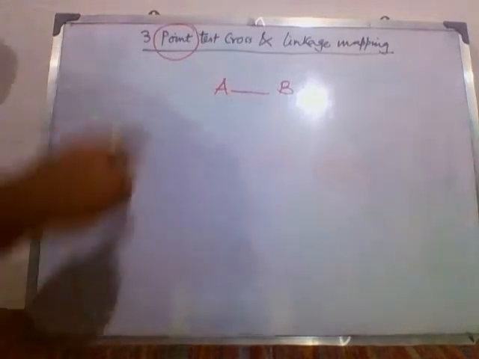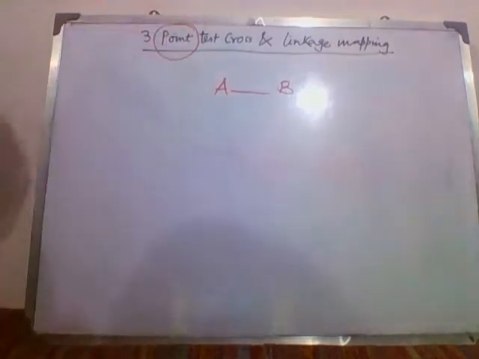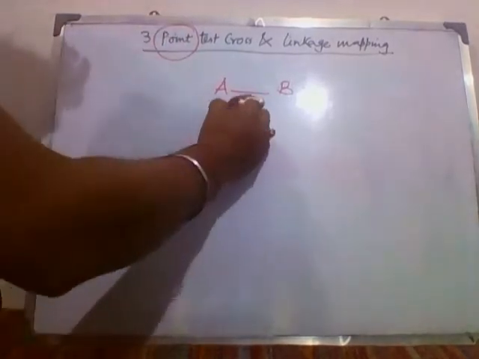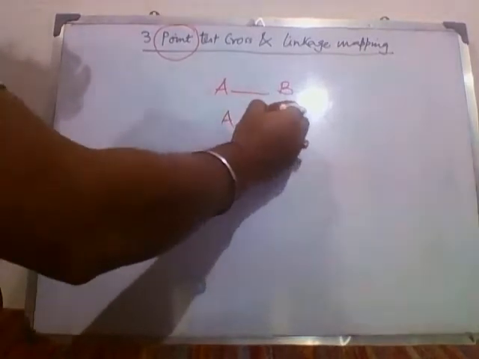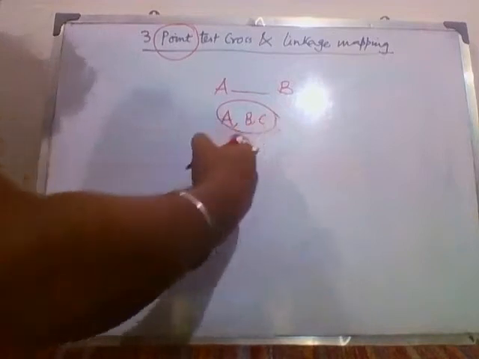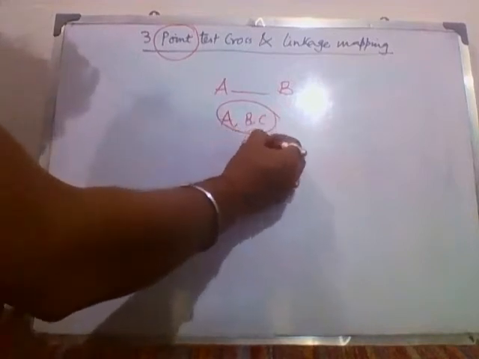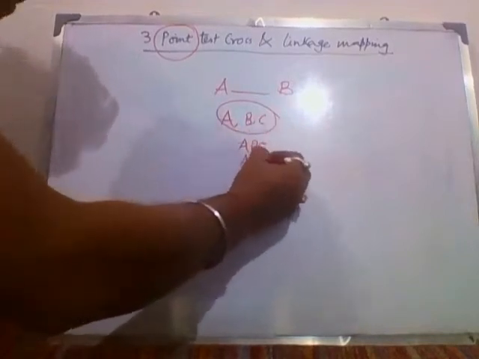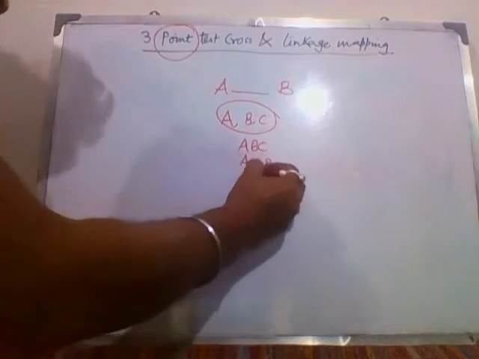But if you want to really map something, then you need 3 points, meaning A, B and C, to conclude whether the order of the genes on the chromosome is ABC or ACB or BAC